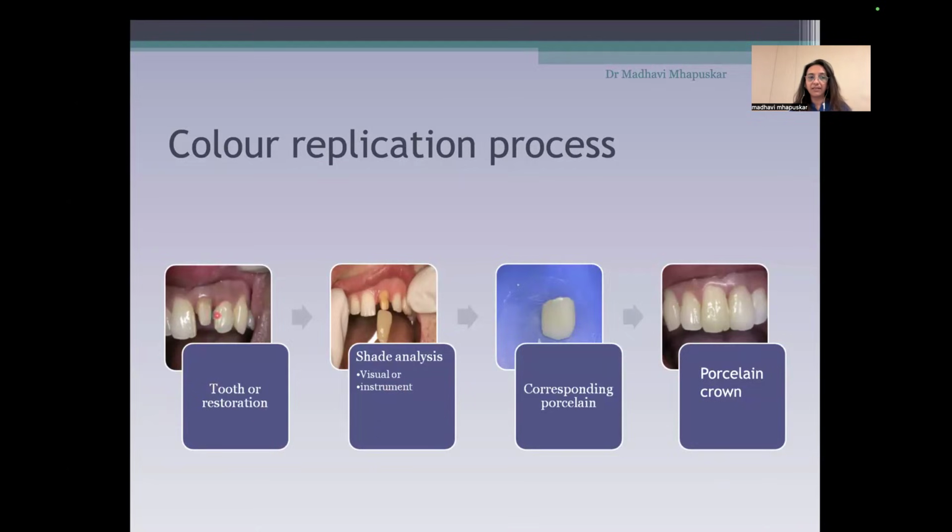For example, if you see here, this tooth has a crown which needs to be done. So you shade match to make sure that the shade is relevant to the adjacent tooth. And once you choose the right shade tab, the ceramic crown is made of the same shade. And once the ceramic crown is fixed, it should merge with the remaining natural tooth structure. And we will learn how to match the shade efficiently in dentistry. So let's go through some physical properties for us to be able to do that efficiently.